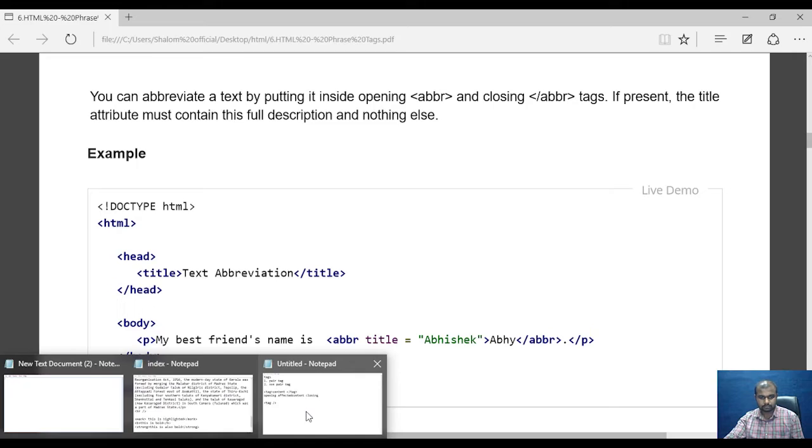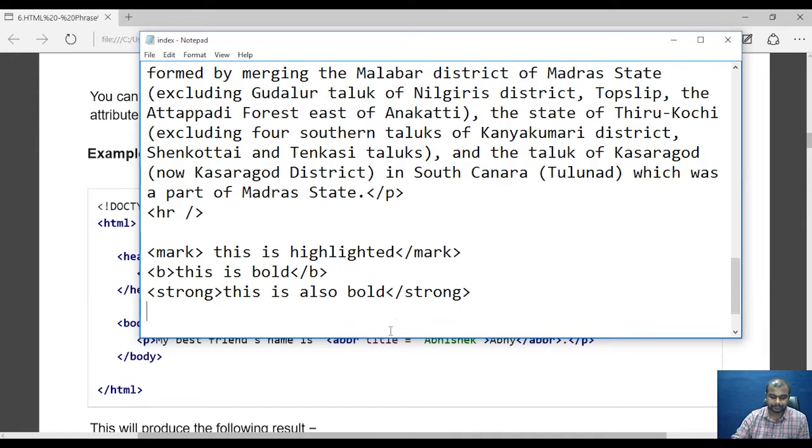For example, I'm writing some text. Again ABBR, and I'll write title equal to learning management system. I'll close this and write LMS, and close this ABBR.